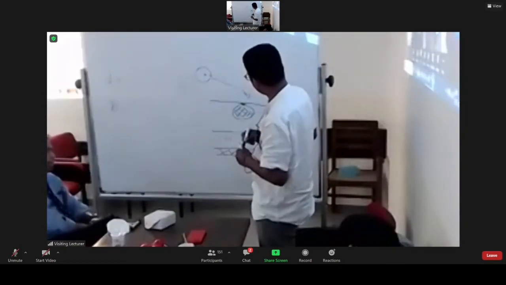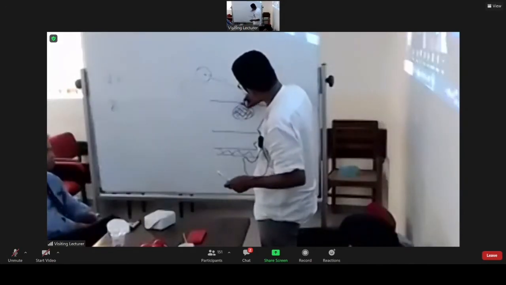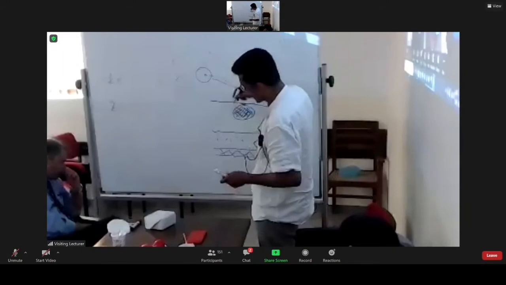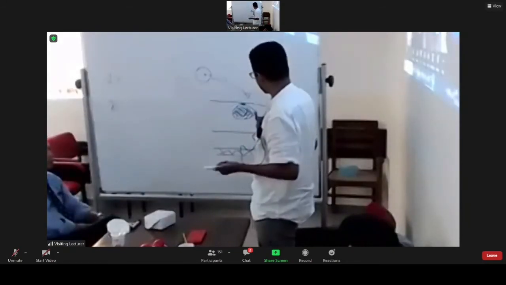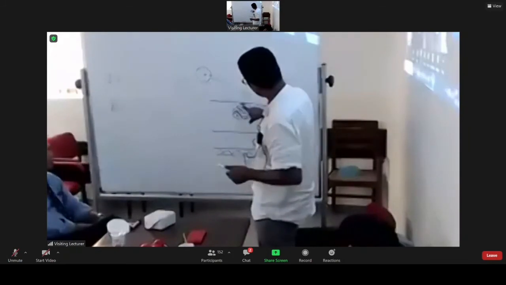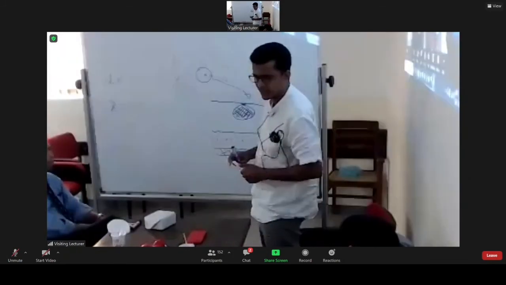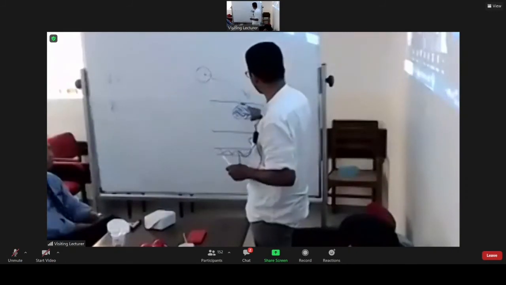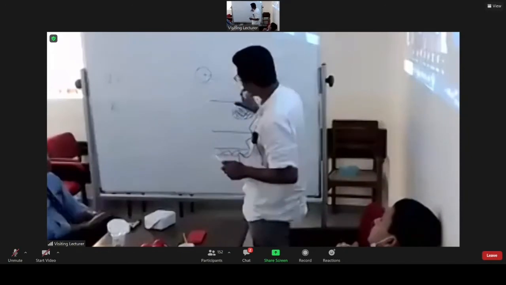But then the next important thing is to describe what is inside the lump, and that will give you, okay, sebaceous cyst, we know it has a very dark material inside. Compared to a lipoma, it's completely different. So if you can describe what is inside the lump, you can get a further idea and narrow down the diagnosis. That is why it is important to find out what is inside the lump.